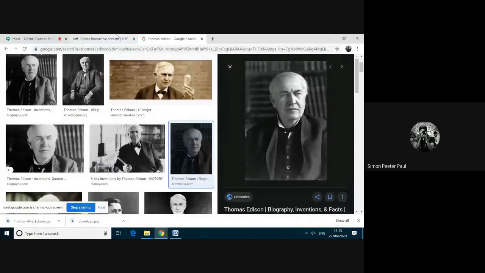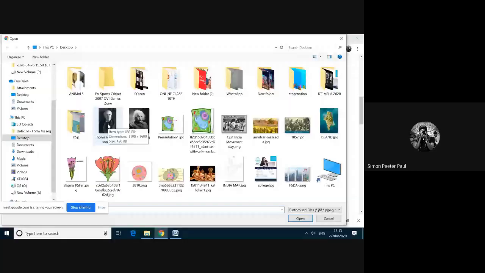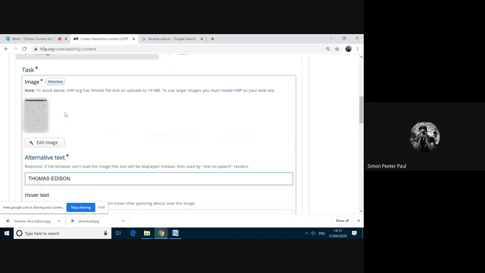Again, I am going to the H5P and click on this add button. Here, okay, here I could see him. And I upload this. I'm typing just Thomas Edison. I'm waiting till the picture gets uploaded.